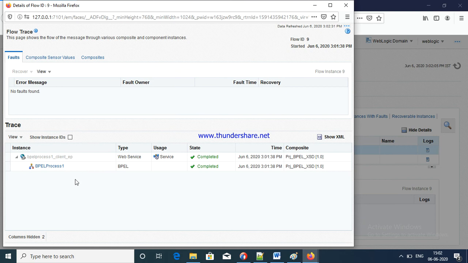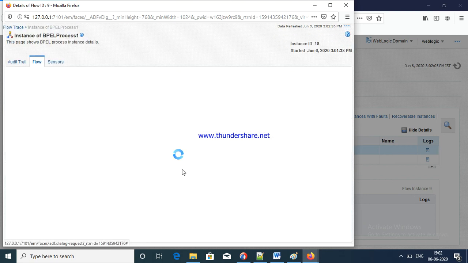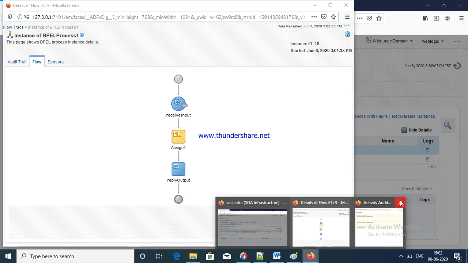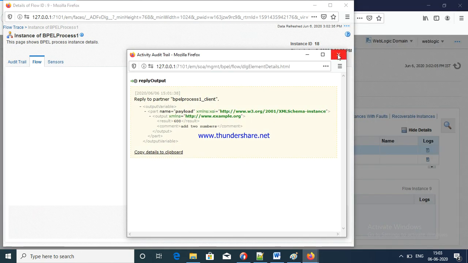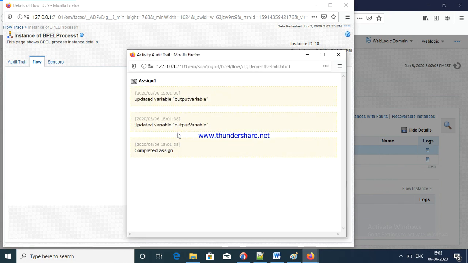This is my flow input. Okay, this is output. Double click there. Close this. Now again click output. Okay, close. Again click assign activity, updated.